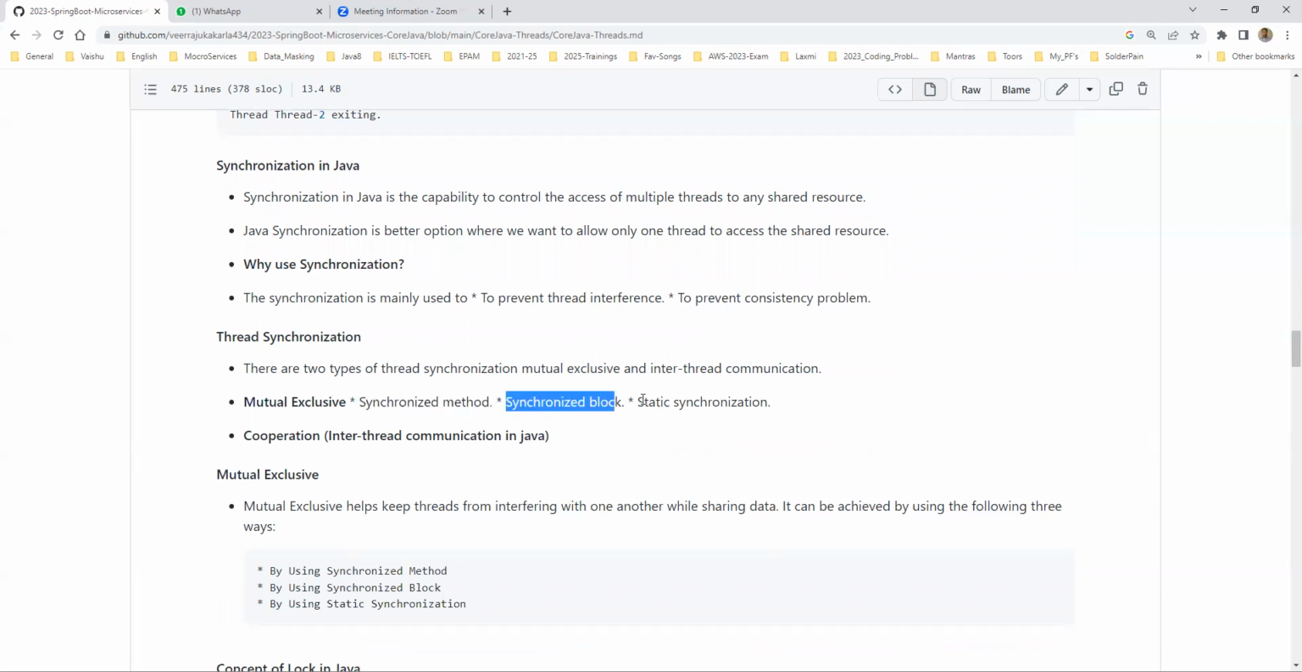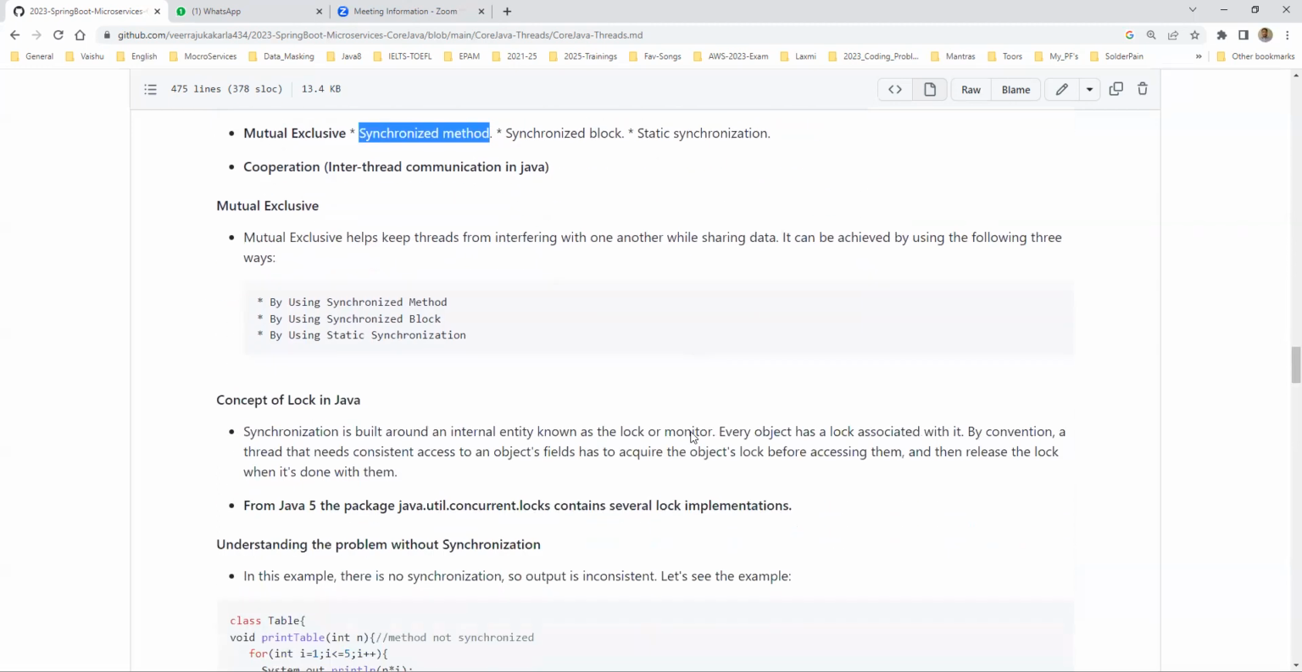sorry, synchronized block and static synchronization. So whenever you want to provide the synchronization, you can go for this. Then there is cooperation, inter-thread communication. Internally, the JVM also uses threads for executing multiple programs or multiple things inside. But we are not going into inter-thread communication, which is already inbuilt, coming from the JDK or Java. So manual execution, this is manual, not mutual. Okay, manual exclusive. So like synchronized method, by using synchronized method, synchronized block and static synchronization, we will see,